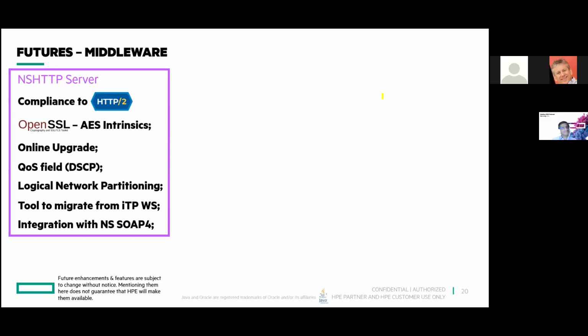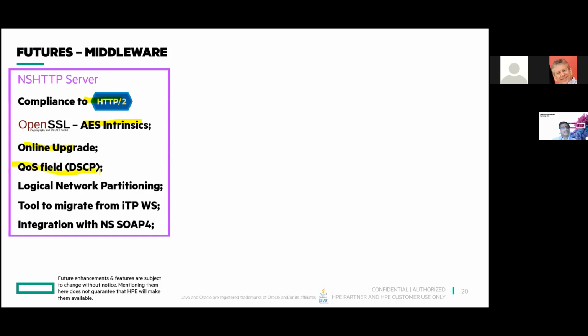Next, we'll see HTTP server, again, the next important product for me. We are going to comply to HTTP 2 as of now 1.1, and then AES Intrinsic. This is an encryption decryption tool. What we are going to allow is that an application can directly access the hardware of the x86 chip by using these intrinsic APIs, where the encryption and decryption algorithms, which are very mathematically intensive, will be transferred to the hardware directly without going through the higher level to lower level languages, etc. So that will come. And online upgrade: HTTP server is running, and you want to upgrade it online using the pathway domain concept that we are going to support.